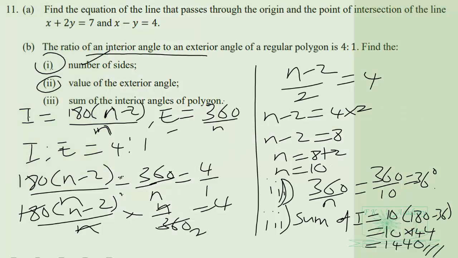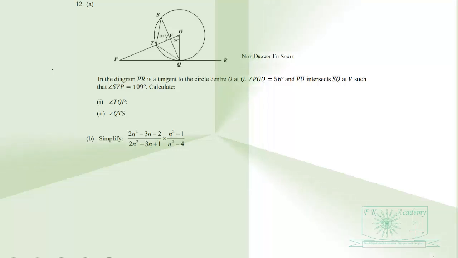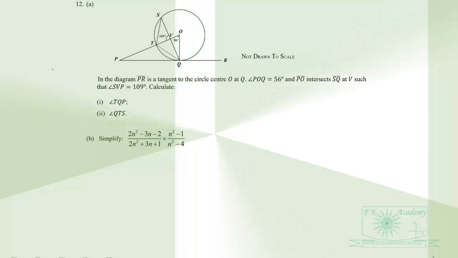Now let's look at question number 12. In the diagram, line segment PR is a tangent to the circle center O at Q, and angle POQ is 56 degrees, and line segment PO intersects line segment SQ at V, such that angle SVP is equal to 109 degrees. We are to calculate angle